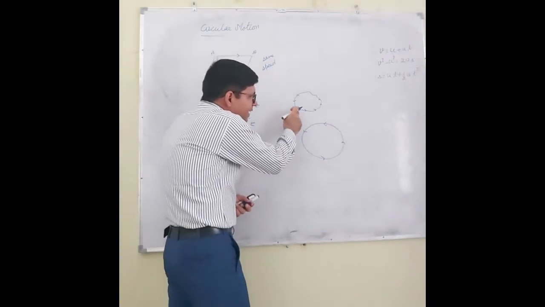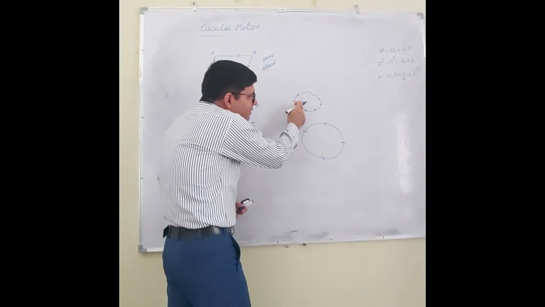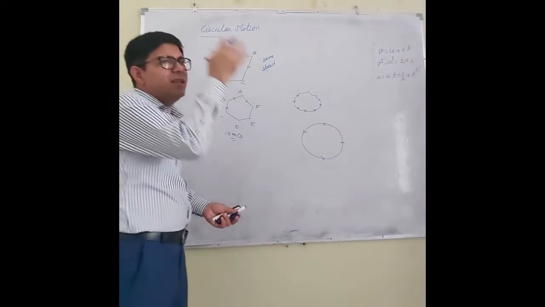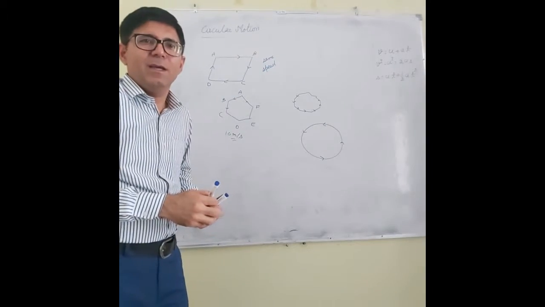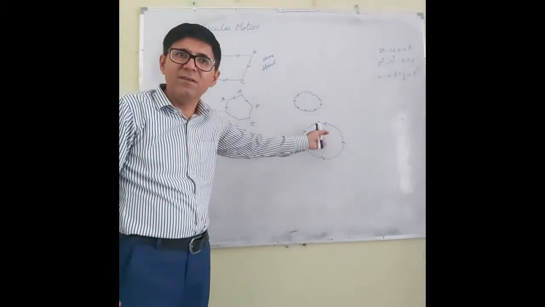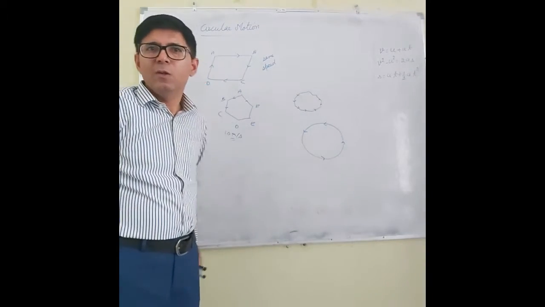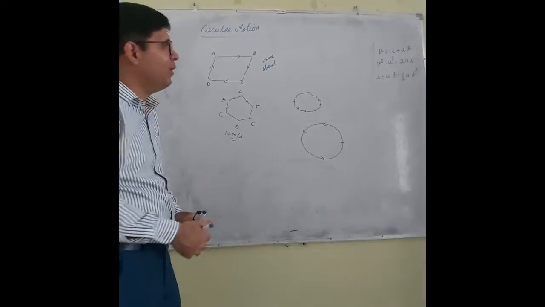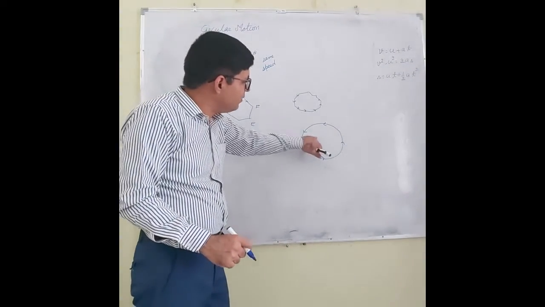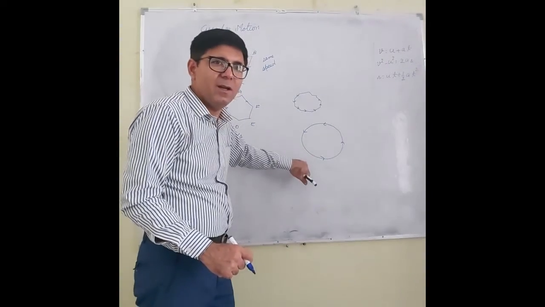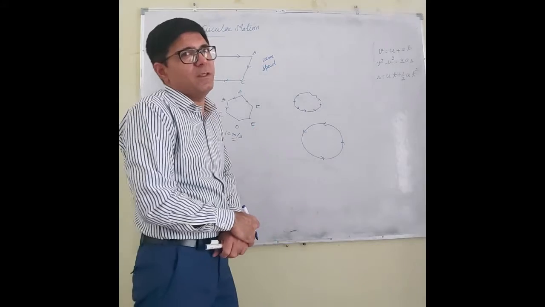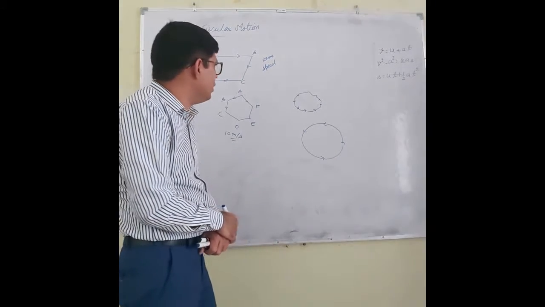It appears that if I increase the number of sides, finally it will result in the circle. If I make the sides very small, it will resemble the circle. So what can I say? In a circular motion, though with the same speed, if a body is moving along a circle, its motion is non-uniform motion.